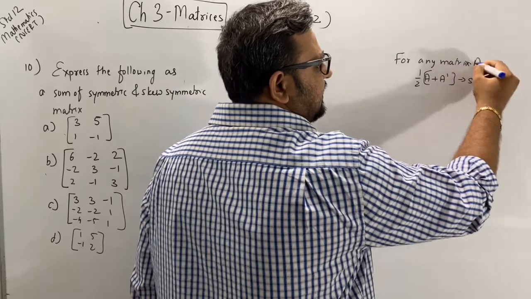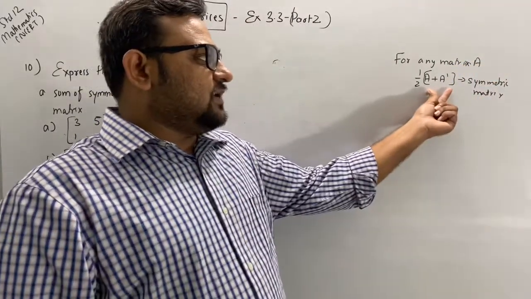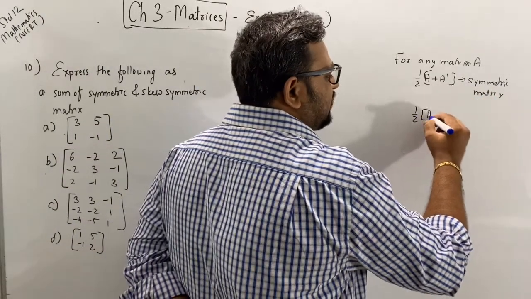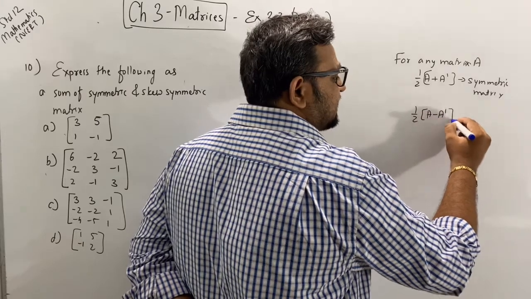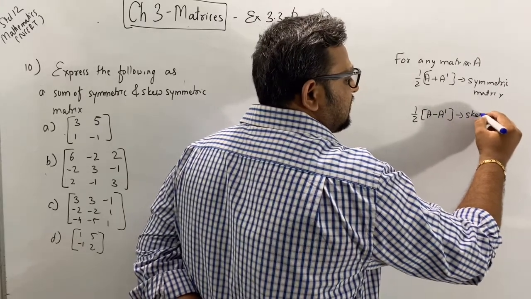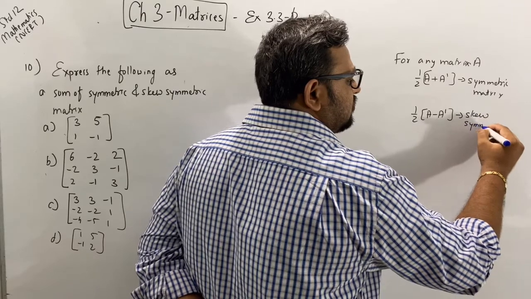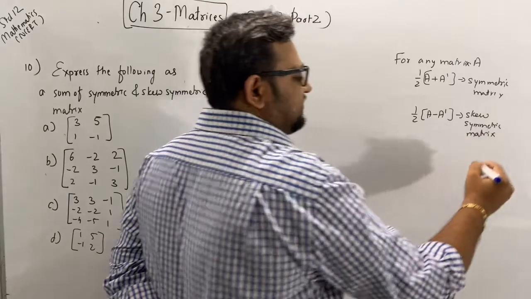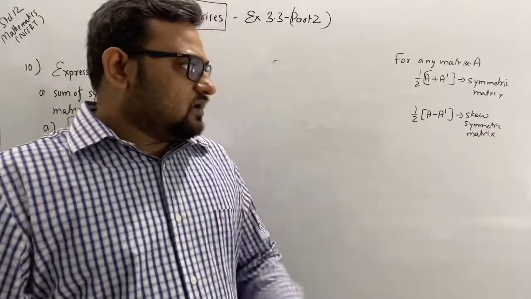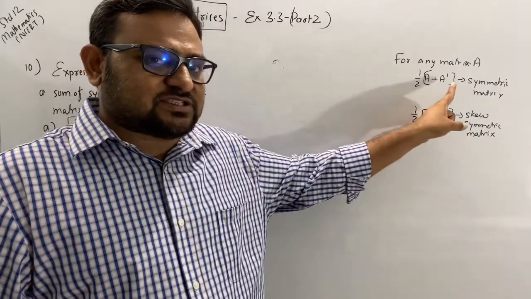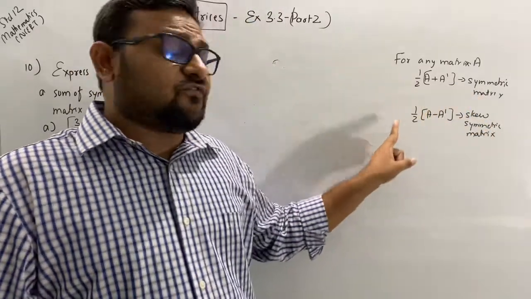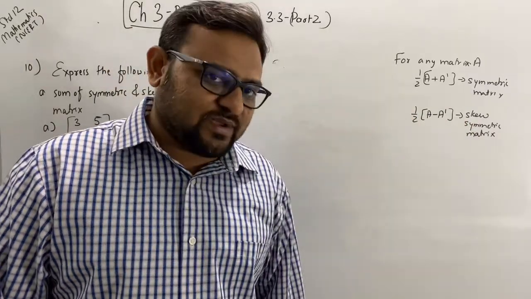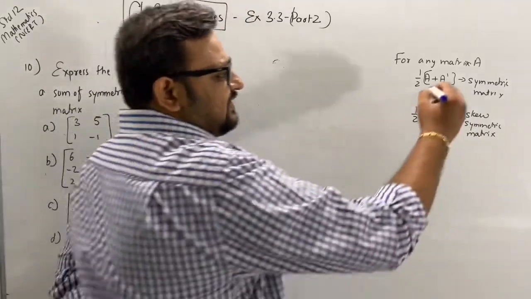any matrix A. Half into A plus A transpose is a symmetric matrix, and half into A minus A transpose is a skew symmetric matrix. Okay, remember half into matrix plus its transpose is symmetric, half into matrix minus its transpose is a skew symmetric matrix, right? So see here, when I will add these two,